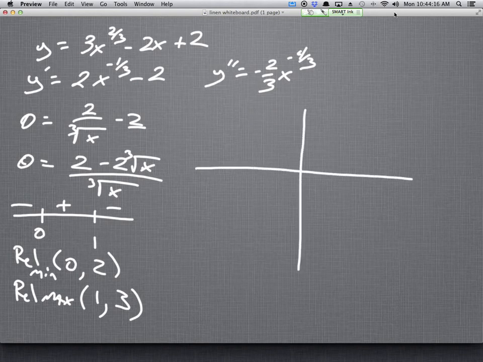All right. So we want to start with (0, 2). So I have (0, 2), which is right there. I have (1, 3), which we'll put as right there. All right. Now, once I figure out what my max is, what my min is, and my points of inflection,